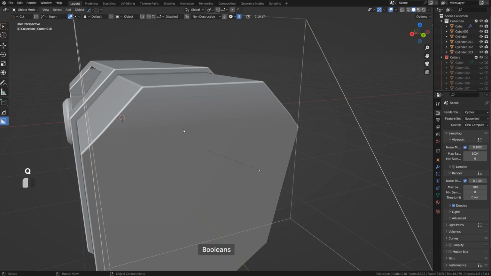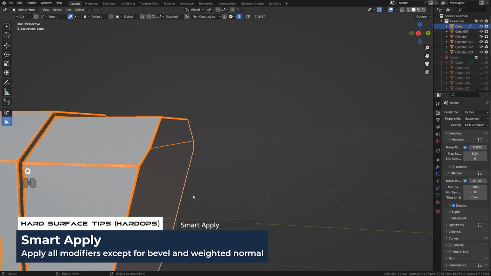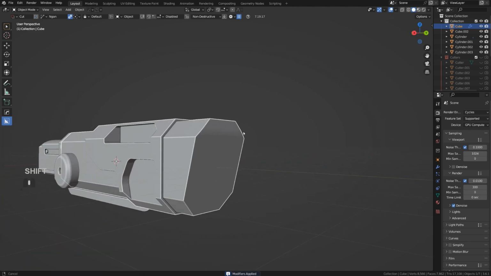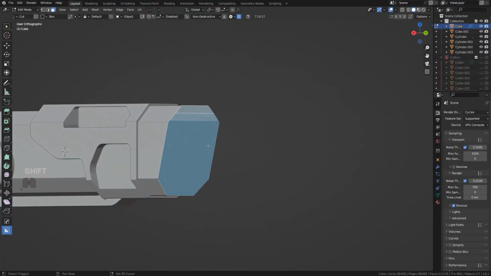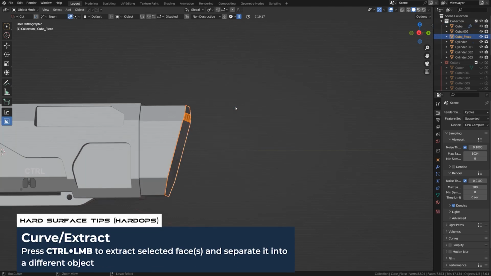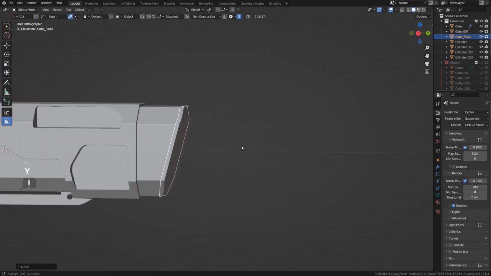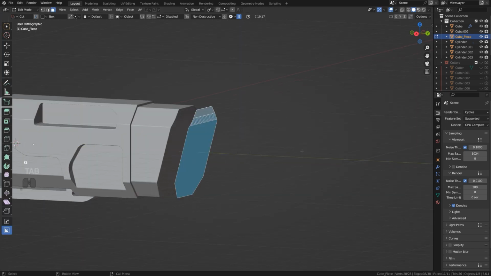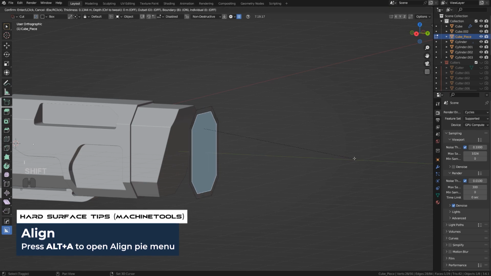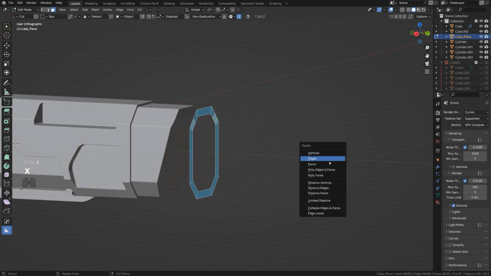So I have a scroll. Let me see that. Okay, let's apply this. So operations multiply, and we're gonna grab that and bevel this. There you go, sorted. So here in the back, what we're gonna do is we're going to Control curve extract to separate it. Move this in here, and then select everything in Alt A, then F, then inset it, then Control I, delete